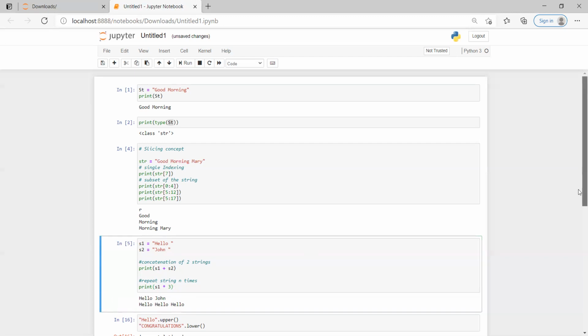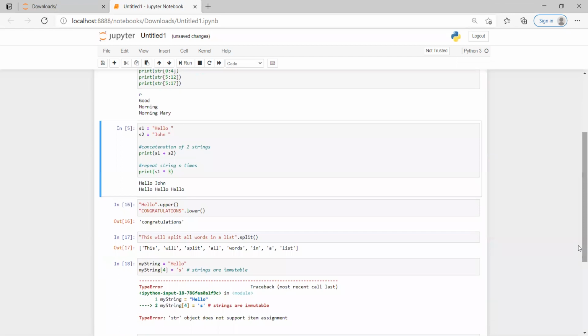Similarly, there are certain functions, because when you do text processing, sometimes it is mandatory that you bring your text to lowercase or uppercase. If you want to bring your text to uppercase, just mention the text dot upper.